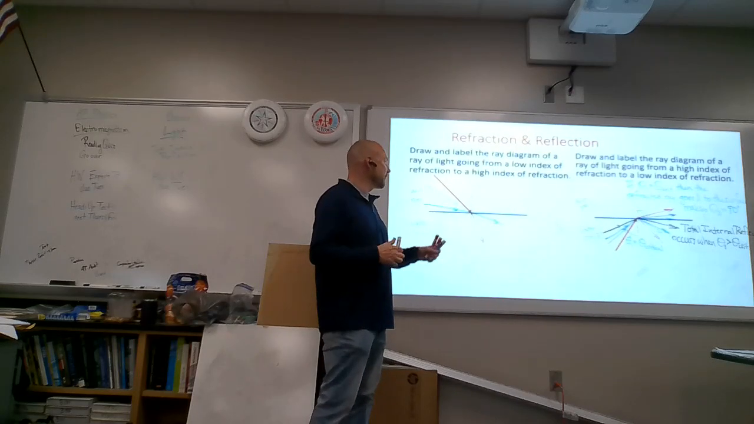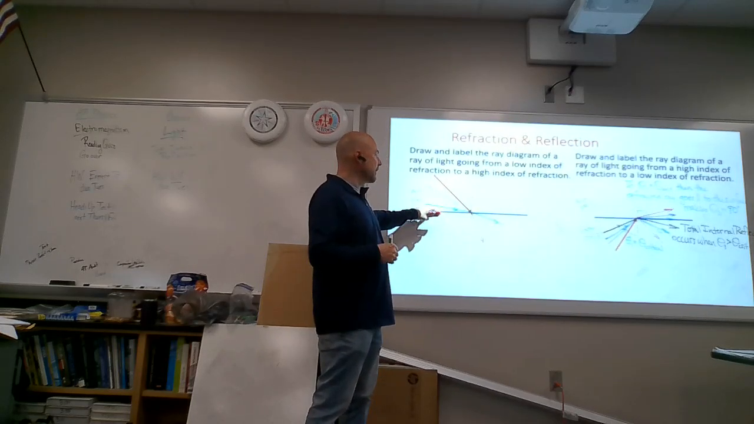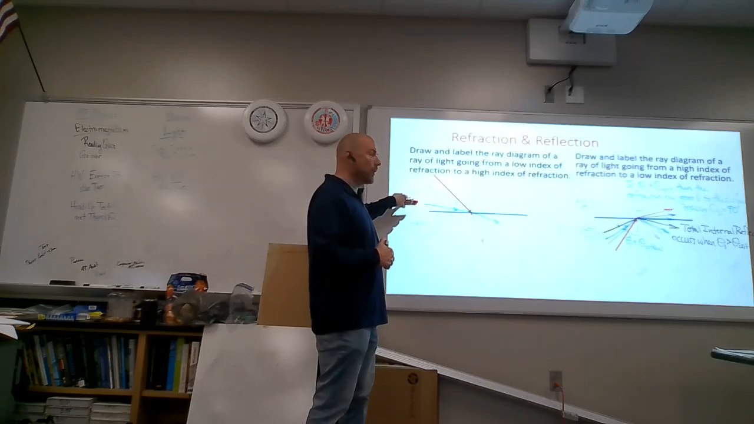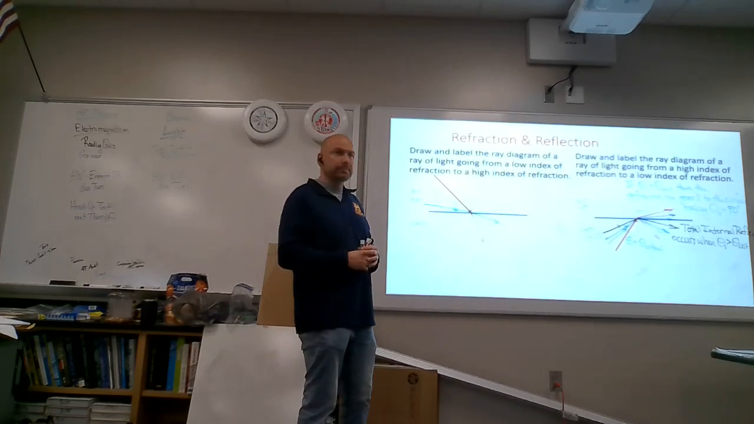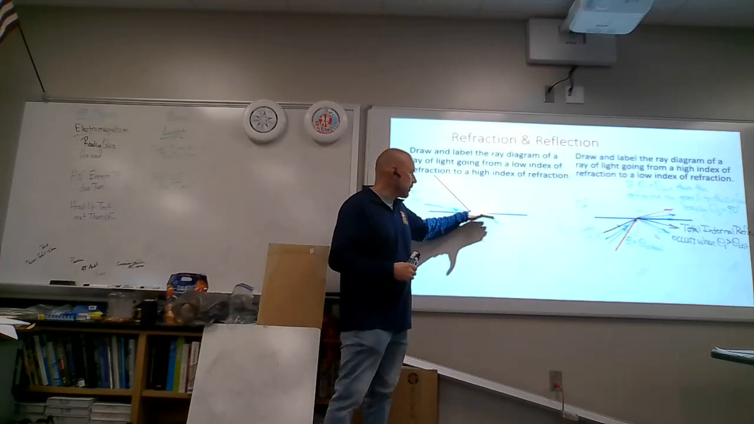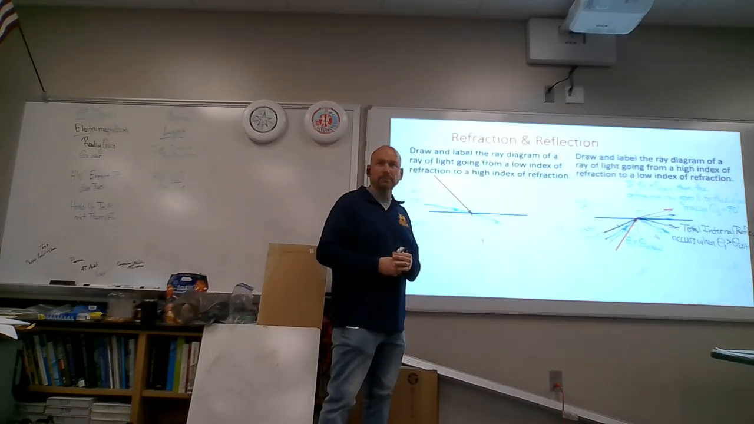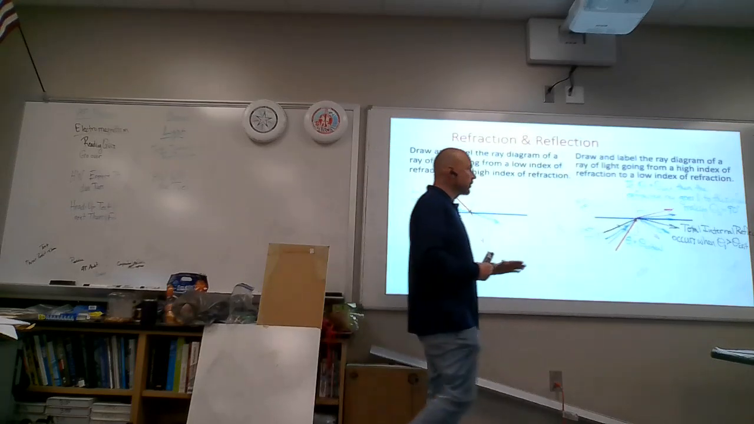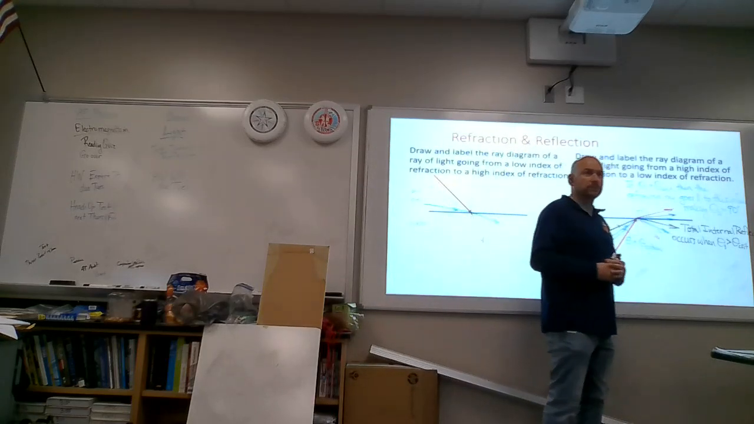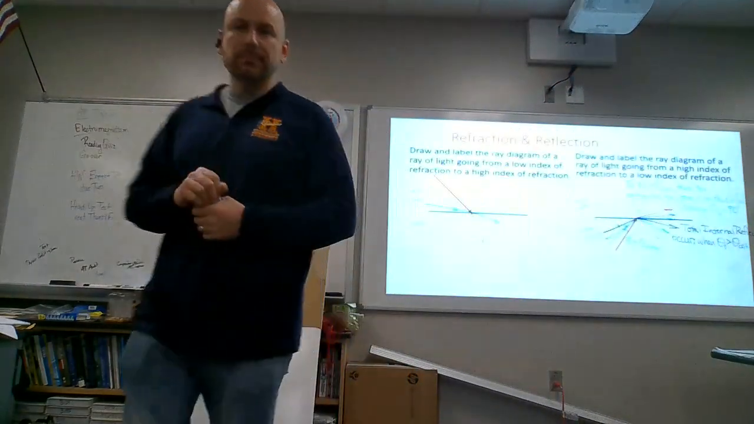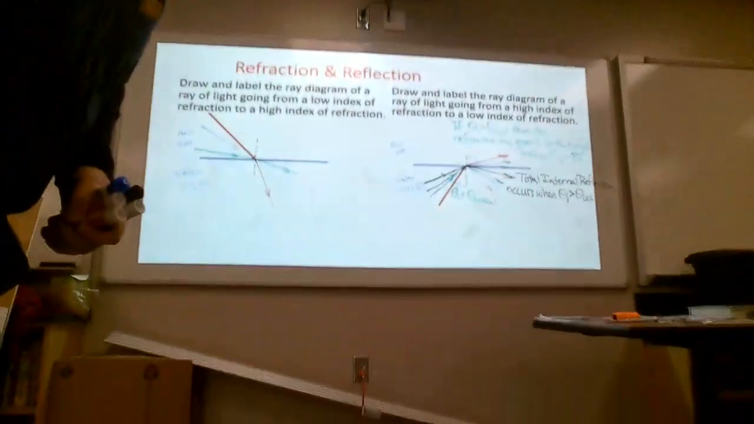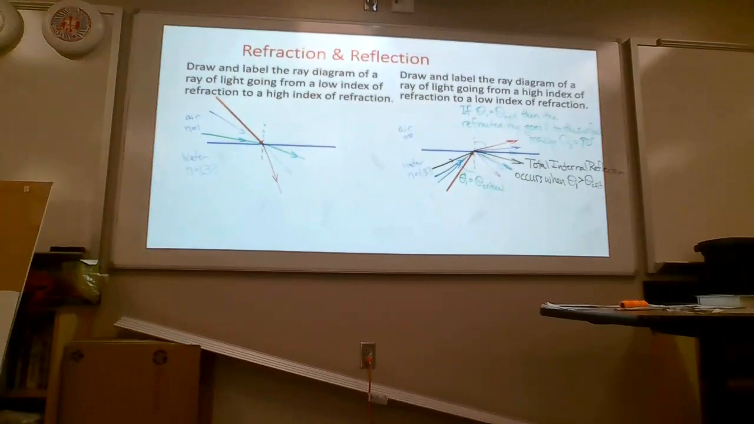Is it possible to have a critical angle going from air to water, going from a low index of refraction to a high index of refraction? No, because we're always bending towards the normal line. Only get a critical angle when you bend away from the normal line. Does that make sense? Okay. So